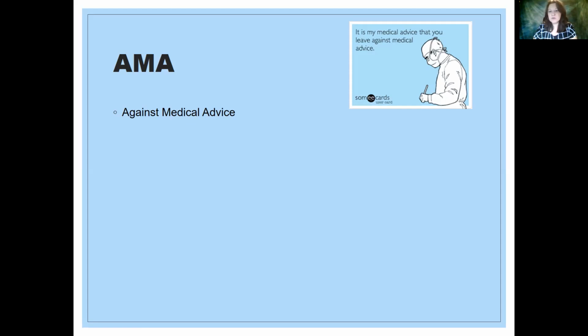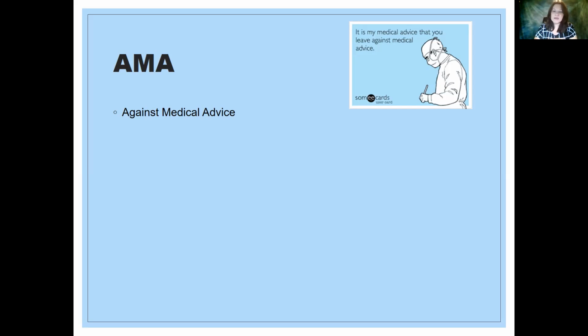The patient is also informed oftentimes that if they leave AMA, it is not uncommon for insurance companies not to pay for their entire hospitalization. A lot of times that's just simply enough for the patient to decide that they don't want to leave AMA. But again, we don't restrain them and hold them if they don't want to stay in the hospital. So that AMA form is completed, and the documentation that any risk has been discussed is going to be documented in a narrative note. However, oftentimes when a patient wants to leave AMA, they're not always very agreeable to sign yet one more form before they leave.